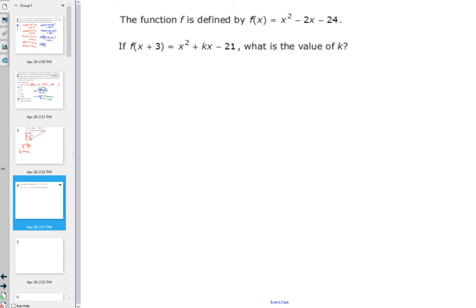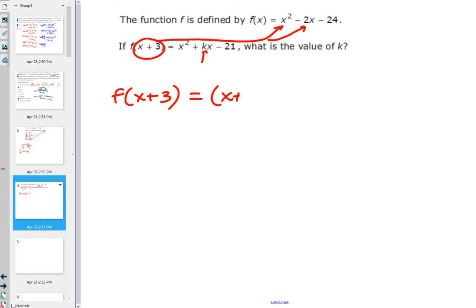The only thing you have to do is get this x plus 3 and plug in for the x's, then simplify and see what ends up in the middle. K is the b value. See what ends up in the middle. So if I were to do that, f at x plus 3 is equal to x plus 3 squared minus